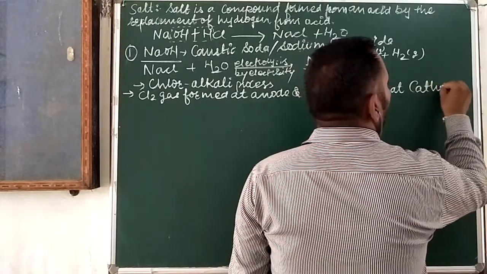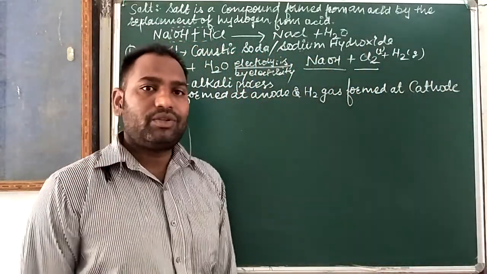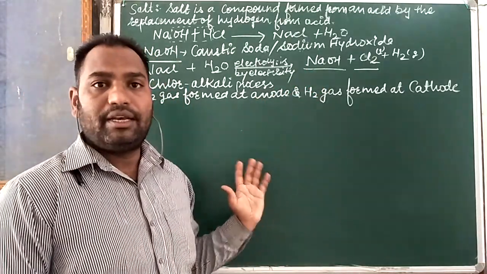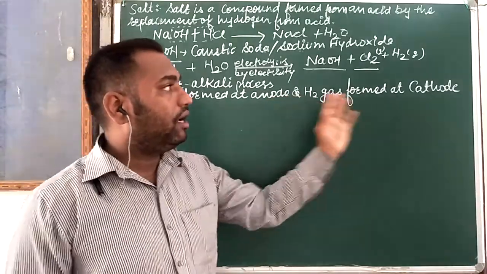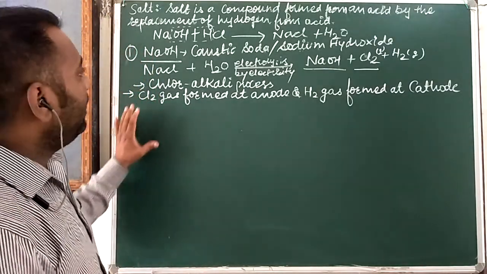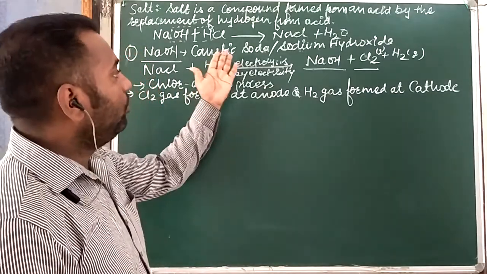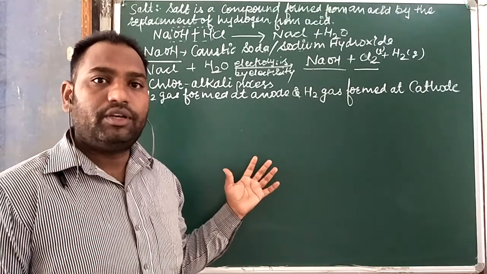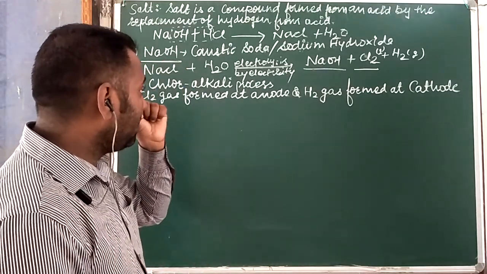the cathode. Okay, because we are performing the electrolysis process here, during this electrolysis we are getting NaOH and Cl2 gas, it means chlorine gas at the cathode, so sorry, chlorine gas at the anode, and hydrogen gas at the cathode. And caustic soda is generally used in preparation of soaps, and many other lab reagents and factory equipment, and we use this NaOH, it means caustic soda, okay, and